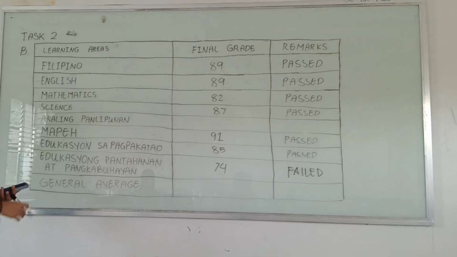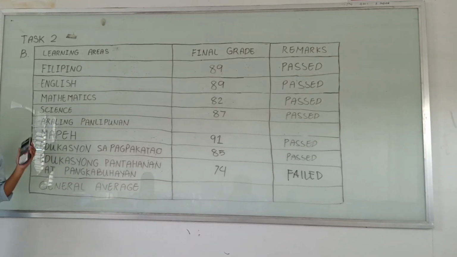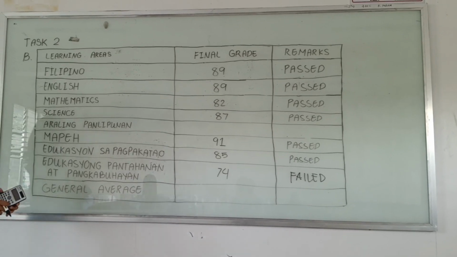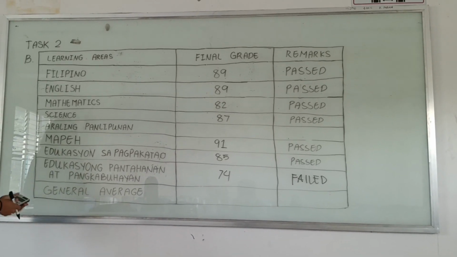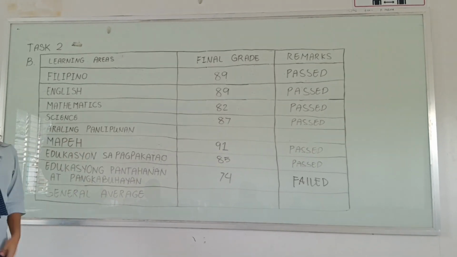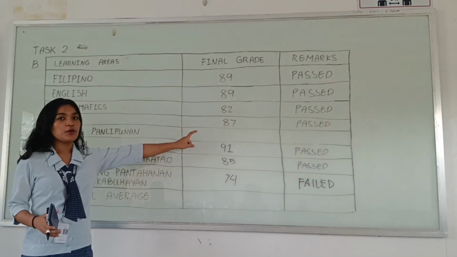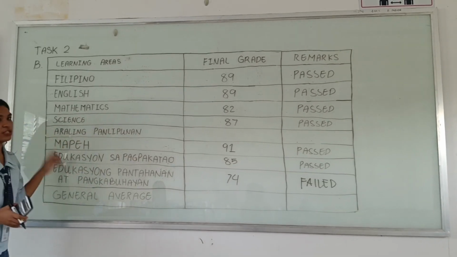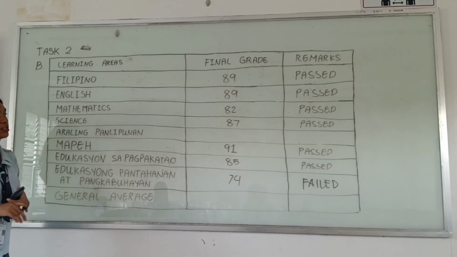For task 2B, this is the final numerical rating and descriptive rating of Judy in other learning areas or subjects. Here, we will fill in the missing value in Araling Panlipunan. Since earlier we already calculated